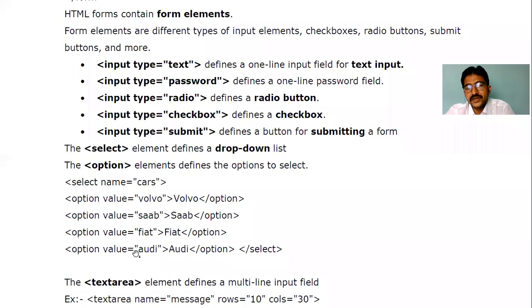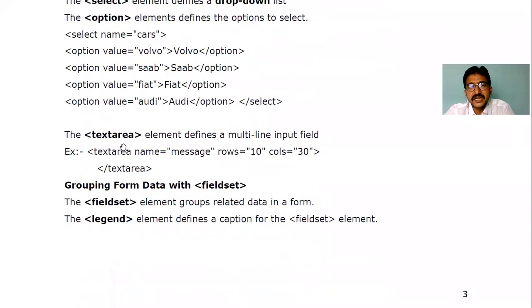So these are the four different options that come under the select for cars. Like this, we can give any number of selections, and under each selection, we can give any number of options. When you want to insert a text area, you can use the textarea tag, with a name of your choice. Like in the inbox, when we compose, we have a text area. For this, you can give a name, message, and how many rows and columns you require. Ten rows and 30 columns of text area will be created with the help of textarea.